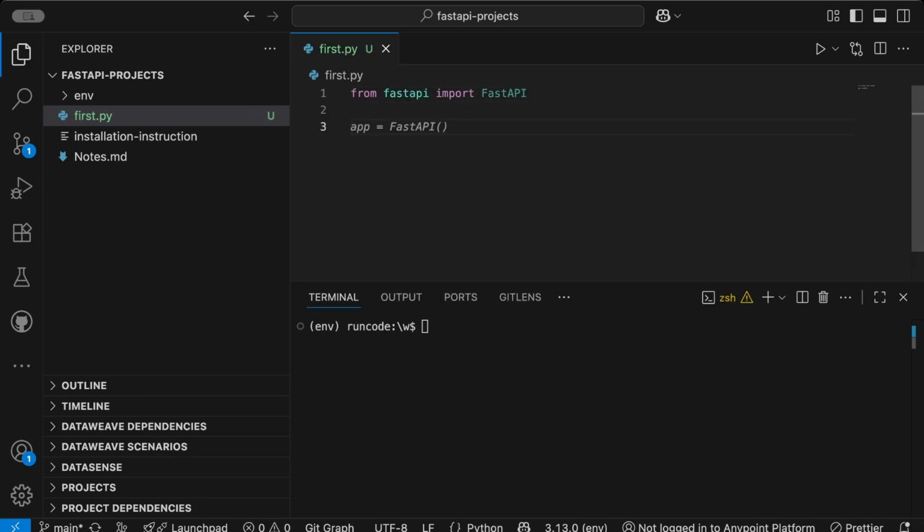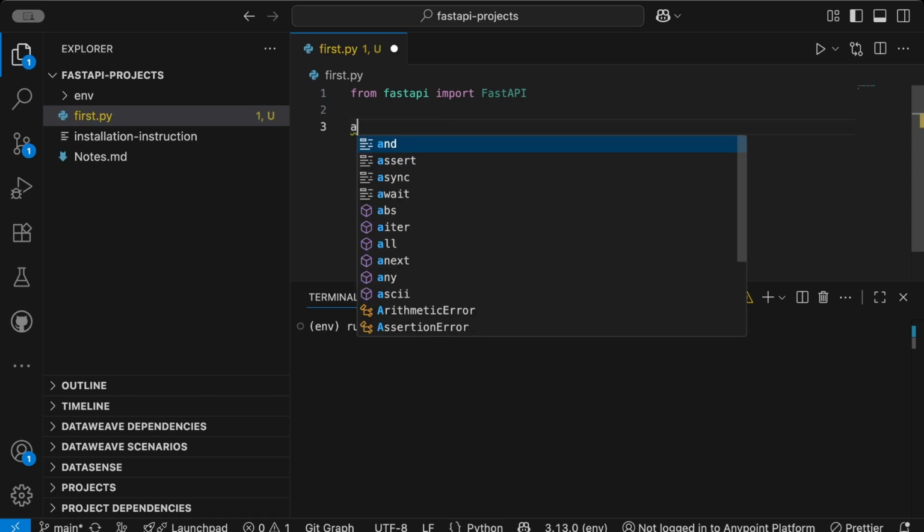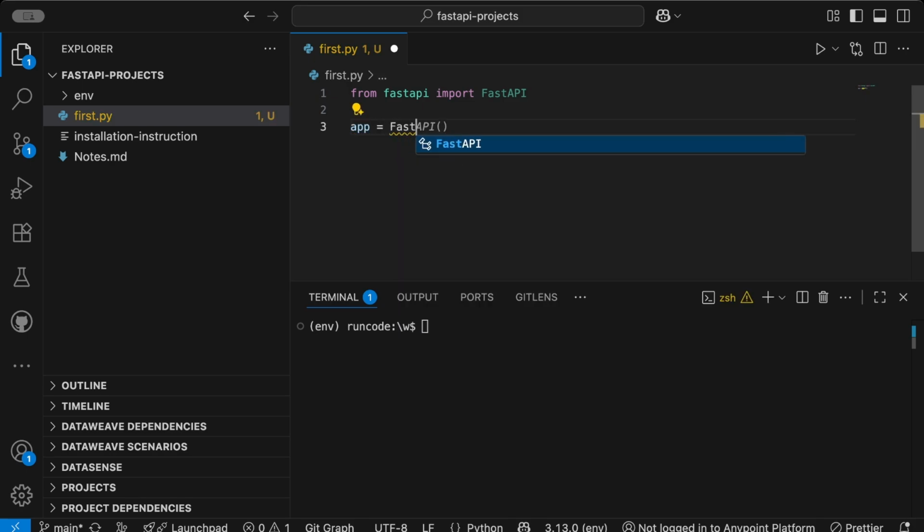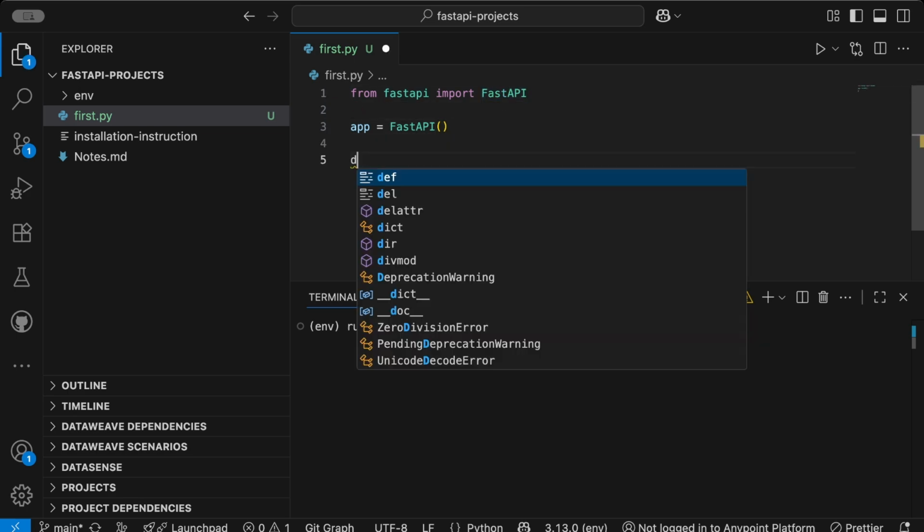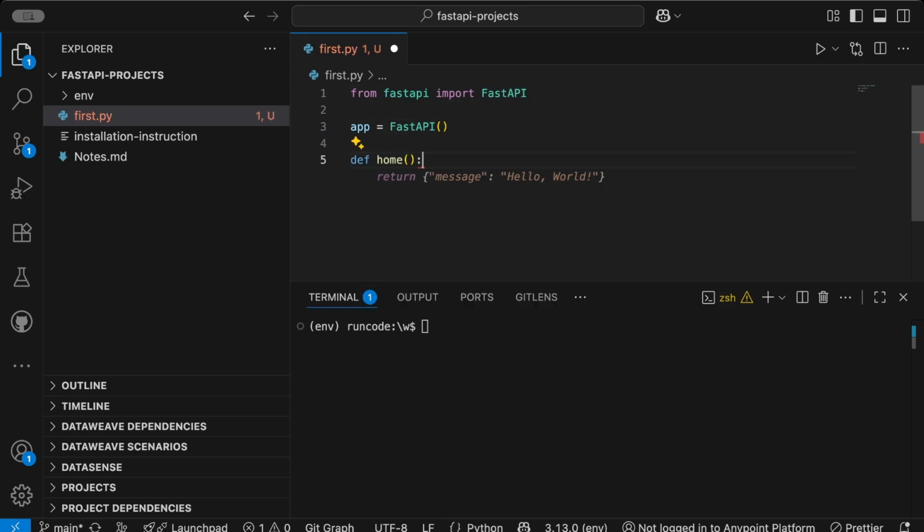Now first of all, let me actually create the code and then I will explain to you one by one what's actually happening in the background and how it is working. So first of all, I have to create an app, and let's create the app as FastAPI. And this app is going to be the instance of the FastAPI class which we just imported. Now let us create a function def home, and in this function let us return a simple message, how are